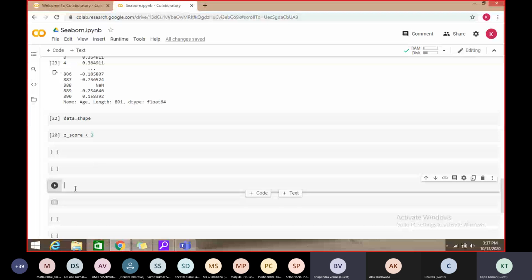Okay, so next we can move on and see the data exploration or other things. We can even check the skewness also, to see whether these values are symmetric or not, right?